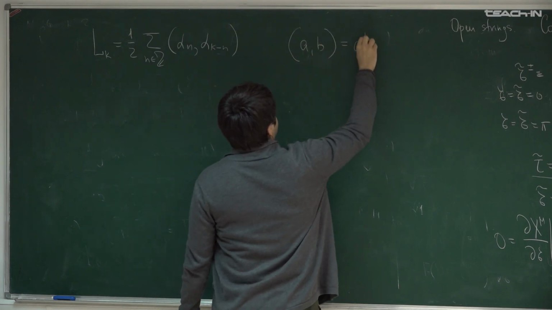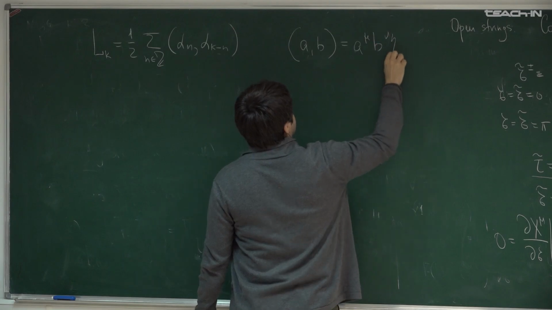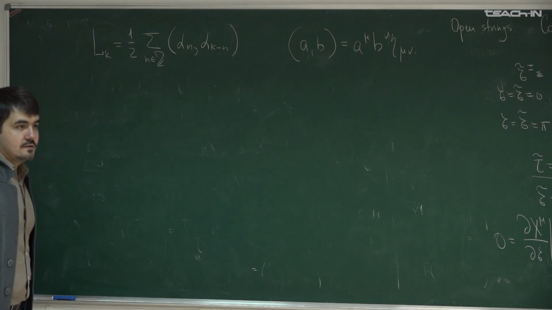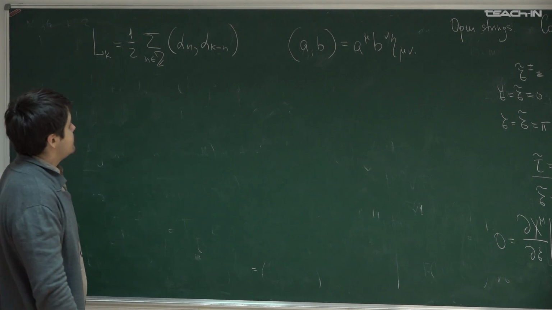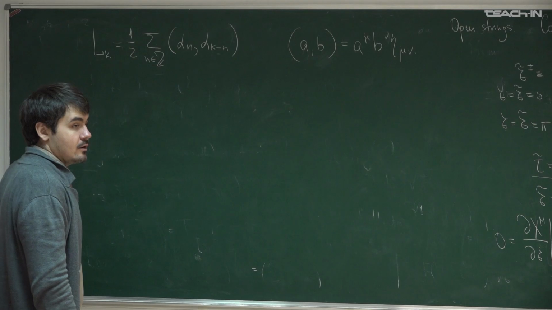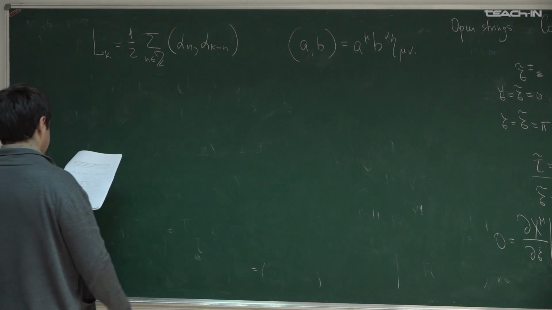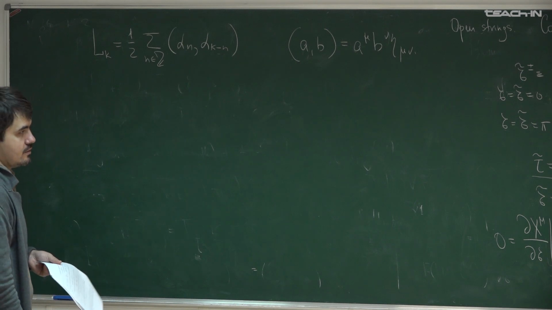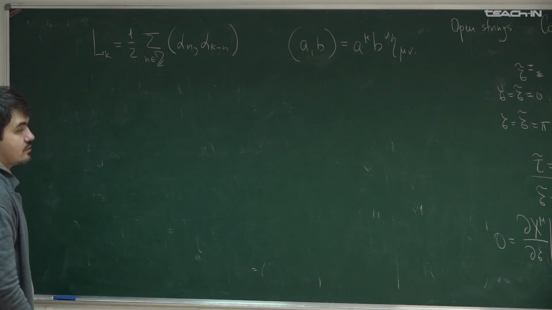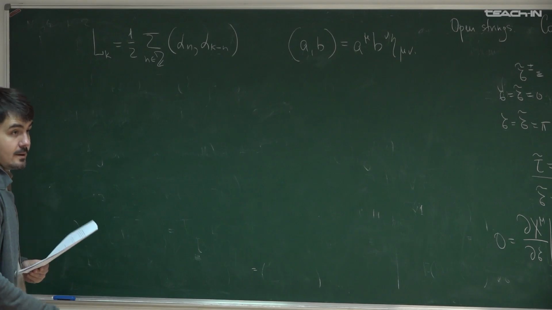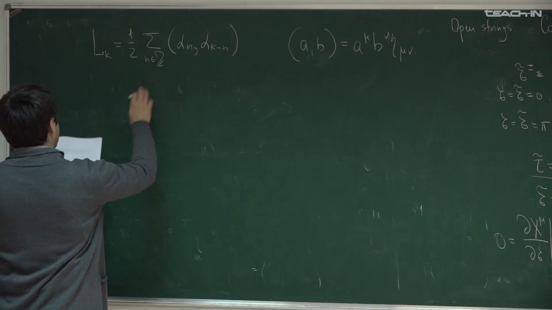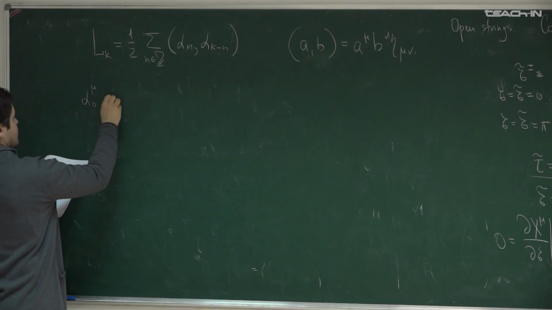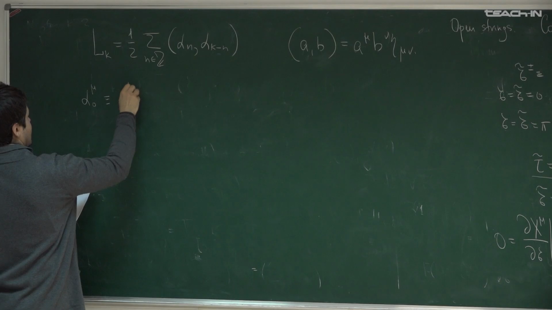Yes, so this is A mu B nu eta mu nu. So just not to write the Minkowski index, I'll write the brackets. Okay, but here we've secretly introduced also the variable alpha 0. So before our oscillators were only alpha 1, alpha 2, etc. Here we also have alpha 0. So alpha 0 is the shorthand for momentum. So this is, by definition, P mu